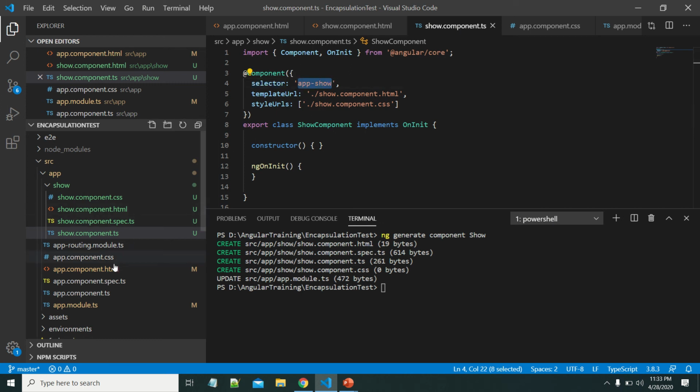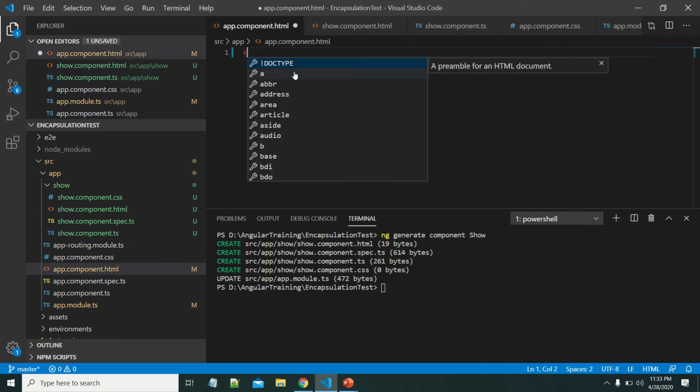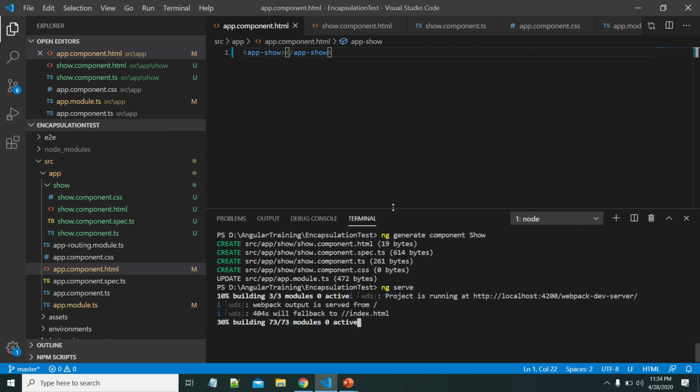If I want to use it in the app component, I have to use this selector as a normal HTML element. Let me save it and run this application. It compiled successfully. I can see the text which came from the show component.